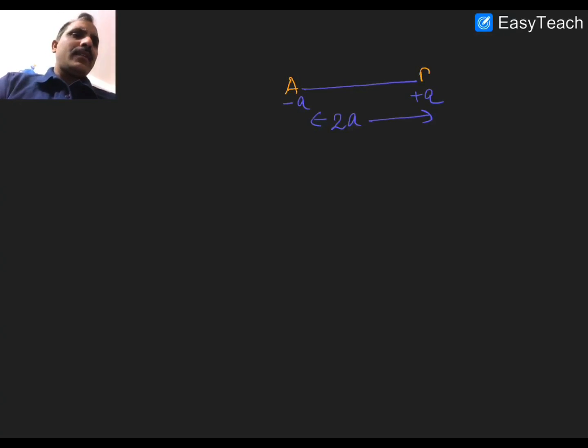A and B are two points, and this is the midpoint. Electric field due to a dipole on the equatorial line. Equatorial line means a line which is perpendicular and bisects. This is the midpoint, perpendicular and bisecting. It means this is the equatorial line, and the distance of point P